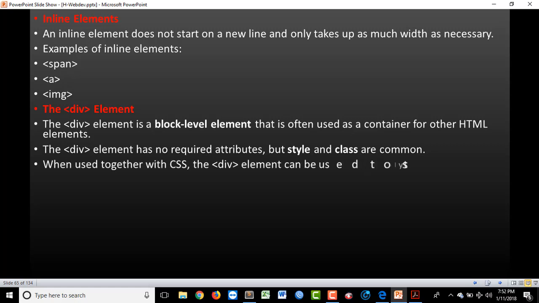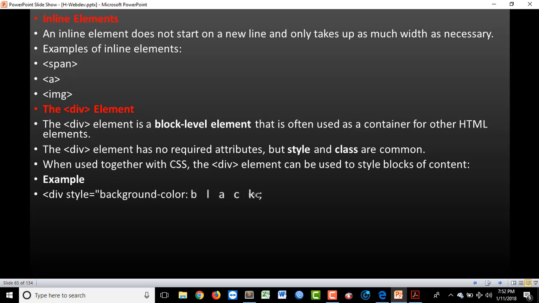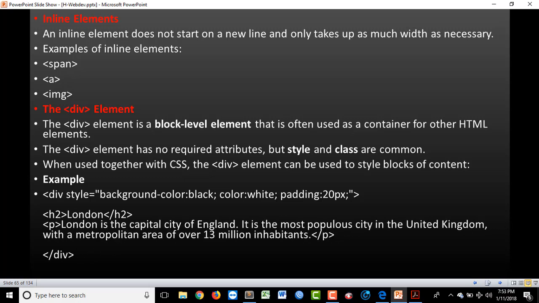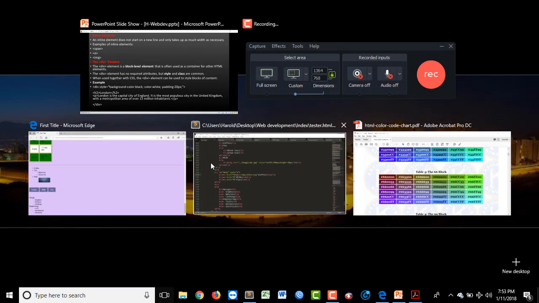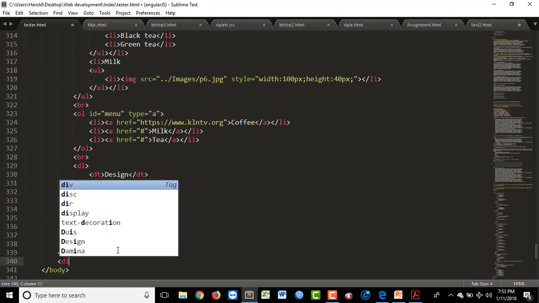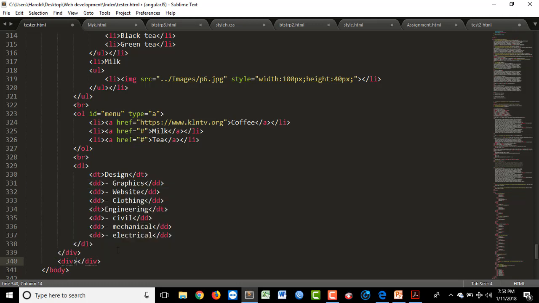When used together with CSS, the div element can be used to style blocks of content. For example, we want to style this content. So we're going to use this example and see what we make out of it. Okay, let's create another div tag here. Alright, inside that we'll